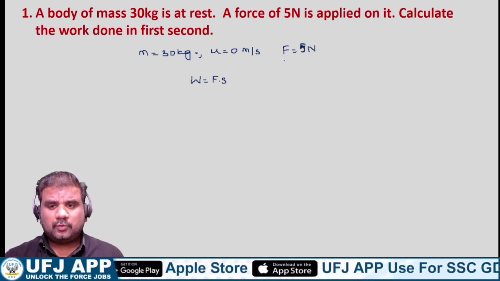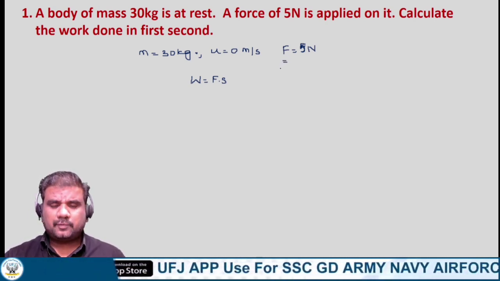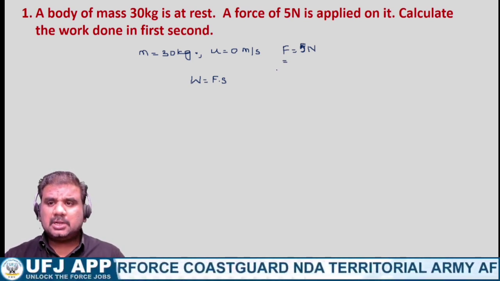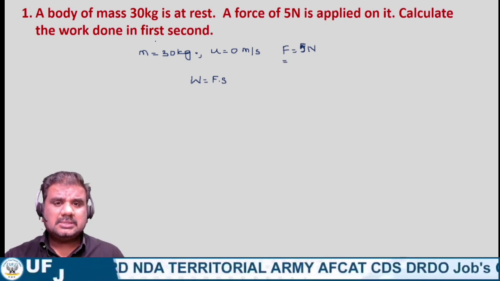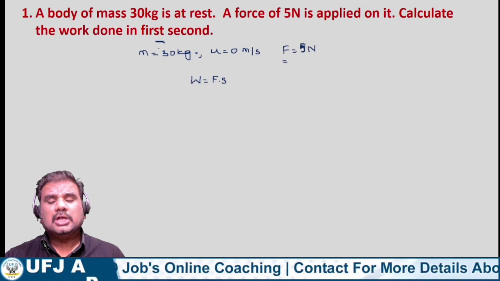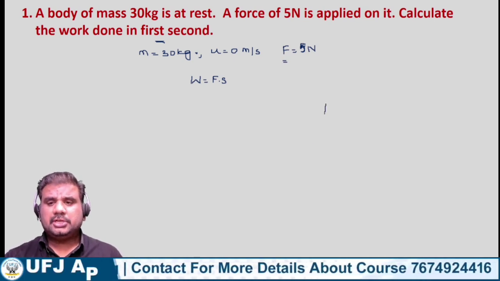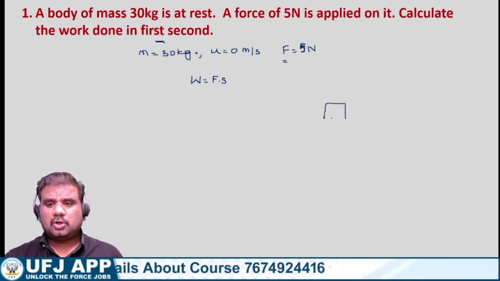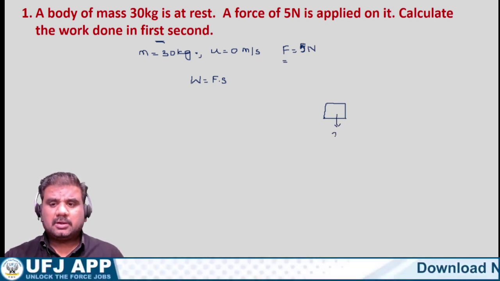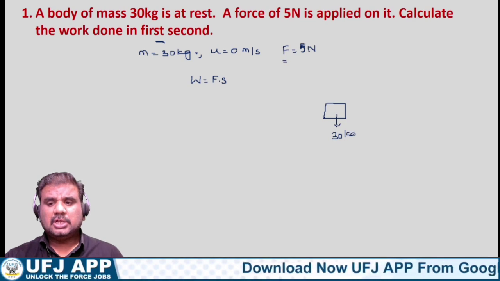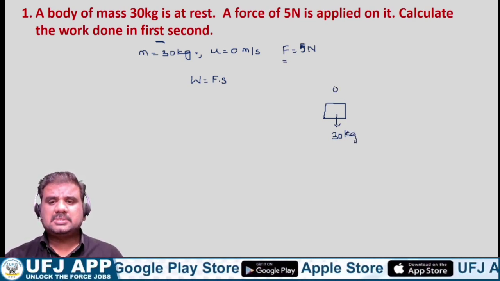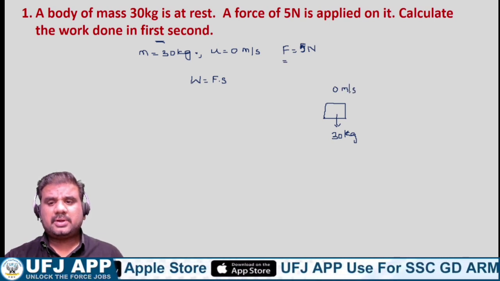So ఇక్కడ already మనకు force ఇవ్వడం జరిగింది. So we need to calculate the amount of displacement. So a particular 1 second లో object అనేది ఎంత దూరం ప్రయాణించింది. So initial గా object ఎక్కడ ఉంది? Initial గా suppose that this is an object of mass 30 kg అనుకుందాం. Right, the object of mass 30 kg. So ఈ object is at a velocity of 0 meter per second అంటే object is at rest.